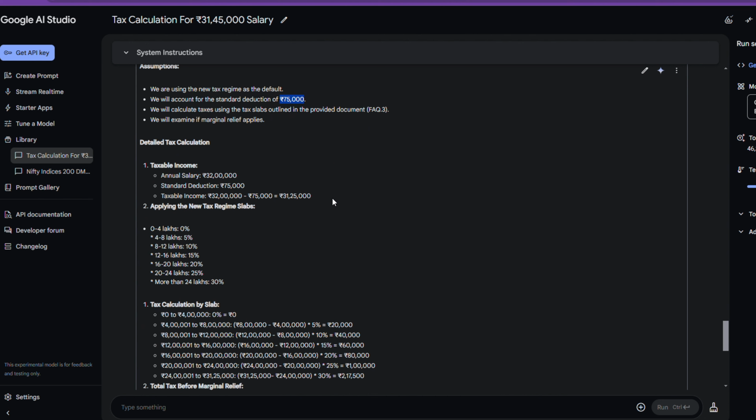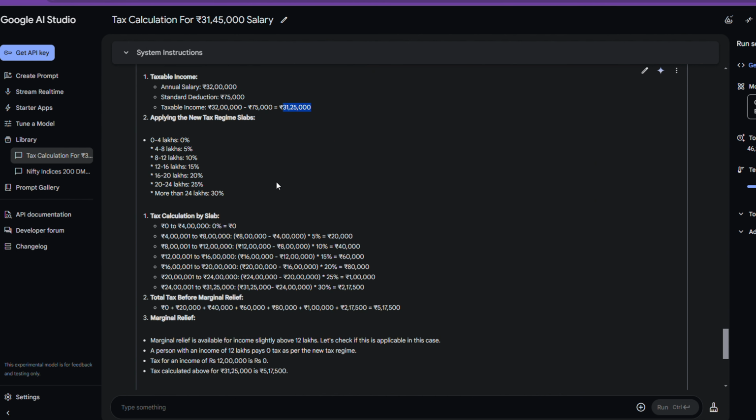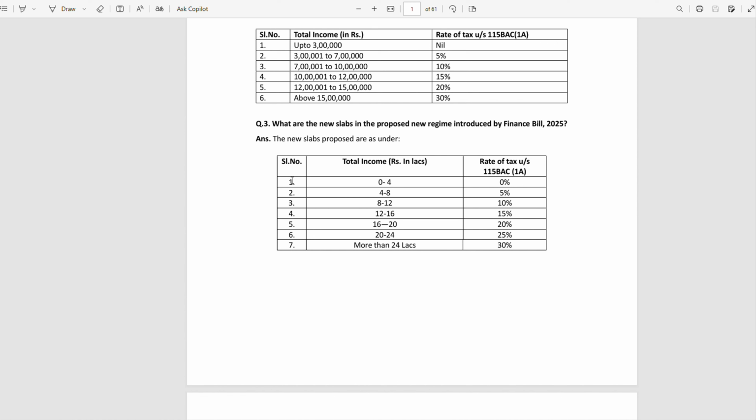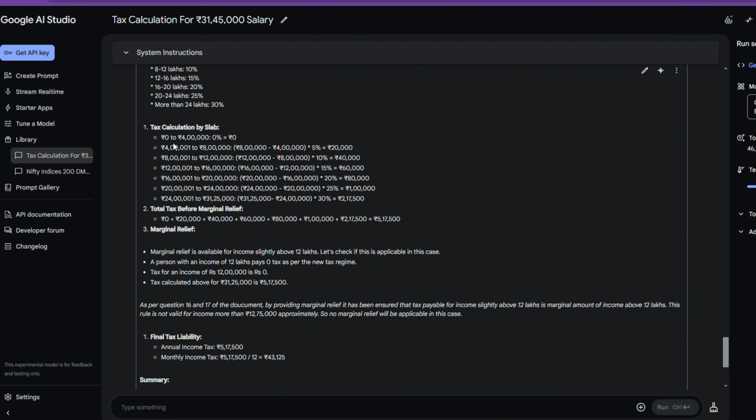So the standard deduction is 75k. So taxable income is 31.25 lakhs. Then it's applying the new tax regime slabs, and this is for the next financial year, again I'm saying. This is the same thing you can find in the document. It has referred to the new proposed tax slab and it's calculating your taxes.